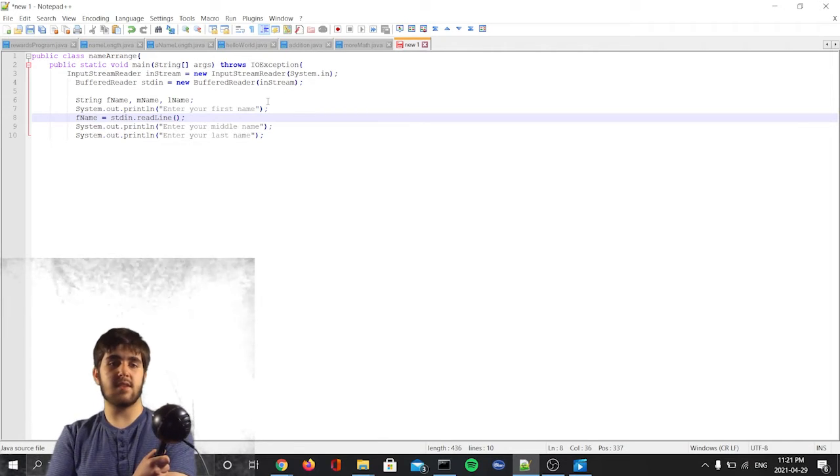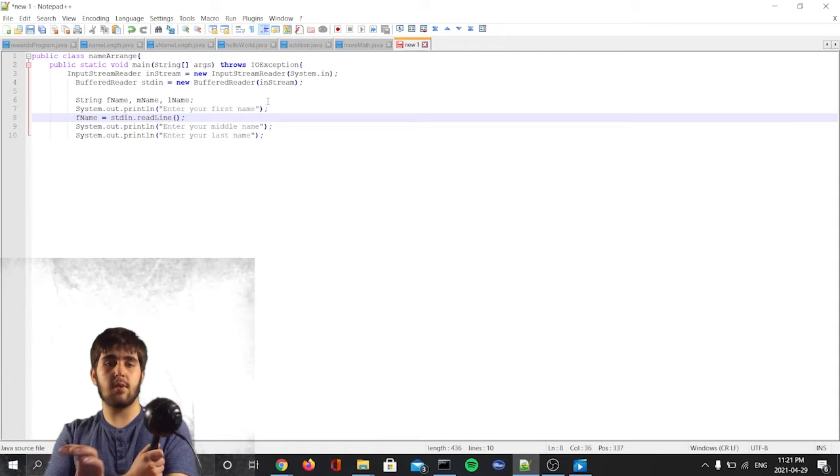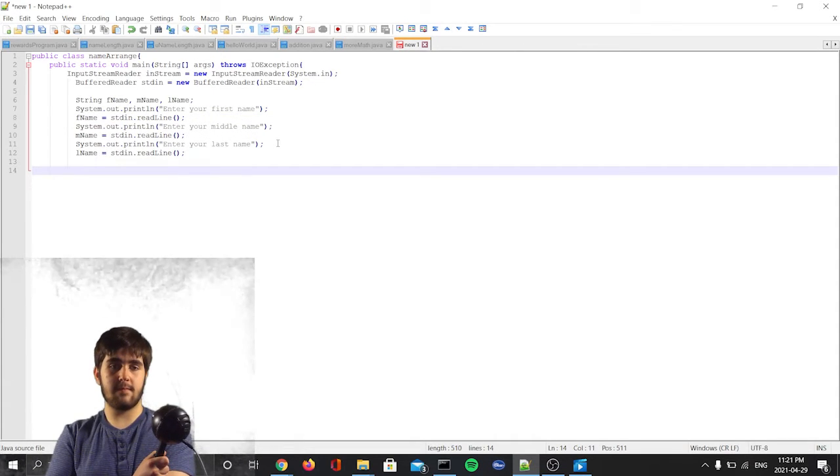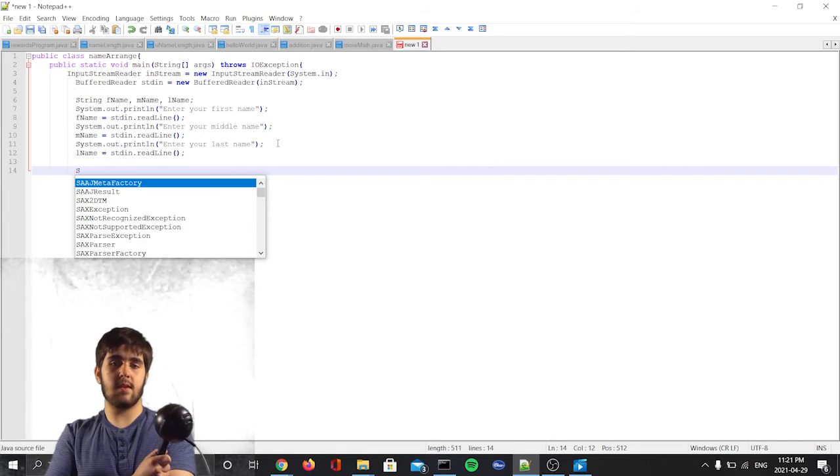And what this does is just says to assign whatever the person puts in as a value to this variable that you've created. So you can do the same thing for middle and last name. And then at the very end, we're going to put a print statement, and we're going to do